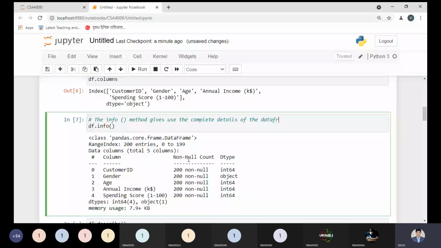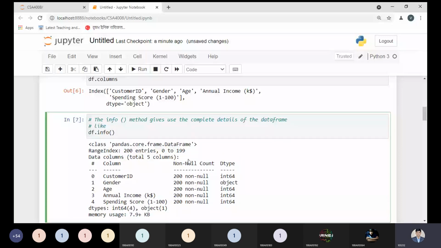Like the total number of values held by each column and rows, null or non-null, etc. So we get this information.